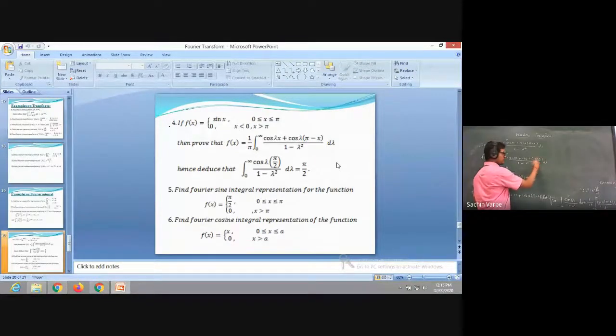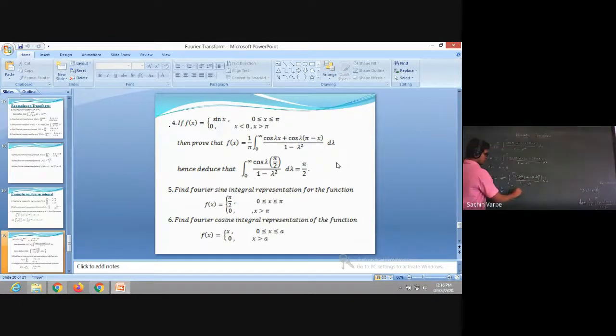So pi minus pi by 2 will be pi by 2, and that is again lambda pi by 2, upon 1 minus lambda square d lambda. So this will be 2 times. Right? So cos plus cos will be 2 cos, so that will be 2 by pi integral from 0 to infinity cos of lambda pi by 2 upon 1 minus lambda square d lambda,